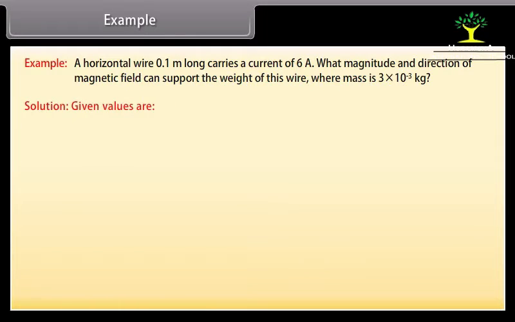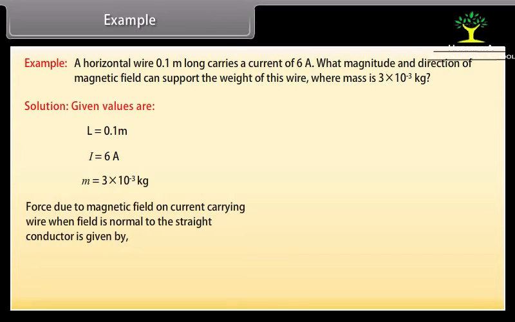Let's see the solution. Here, the given values are L = 0.1 meters, I = 6 amperes, m = 3 × 10^-3 kilogram. Force due to magnetic field on a current-carrying wire when the field is normal to the straight conductor is equal to BIL. Weight of wire is given by mg. On comparing these two equations, we get